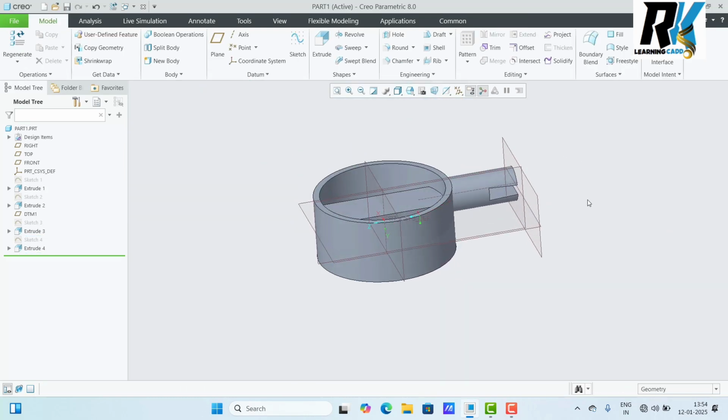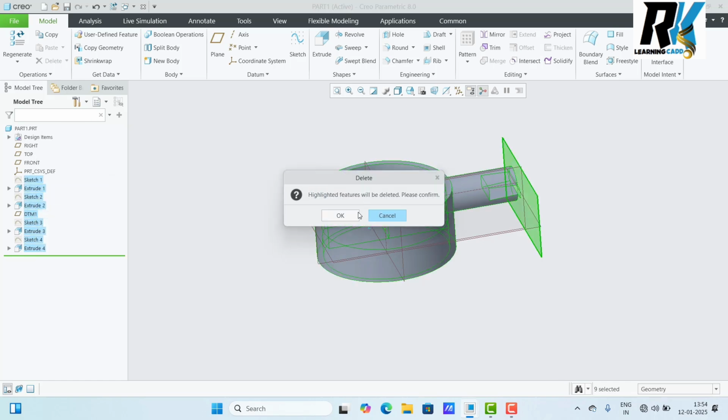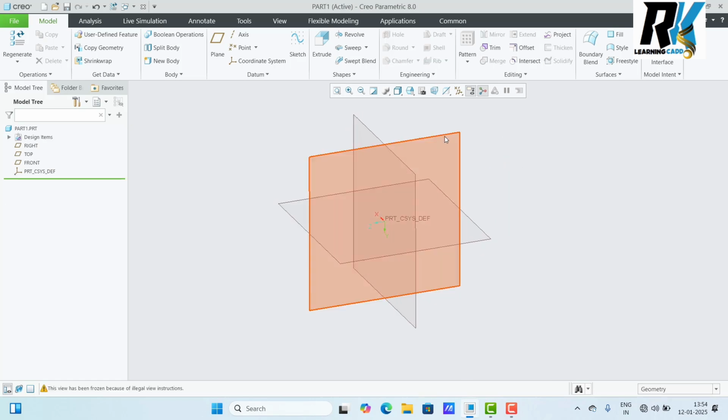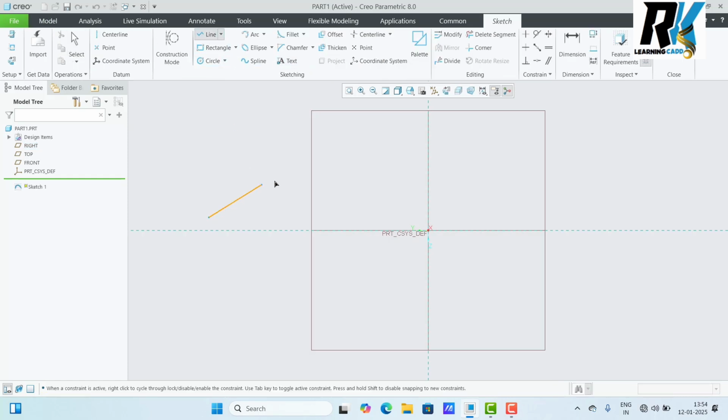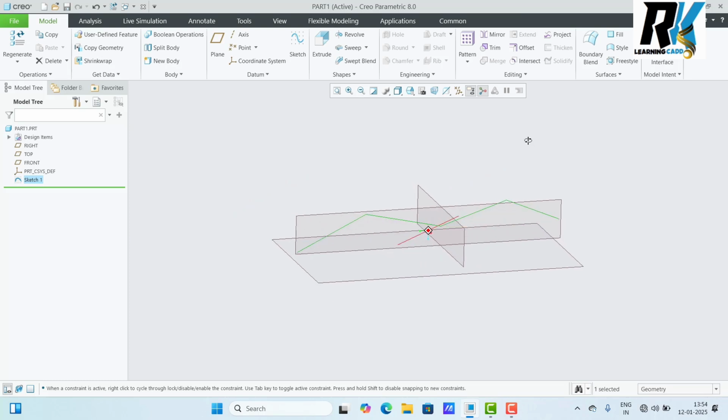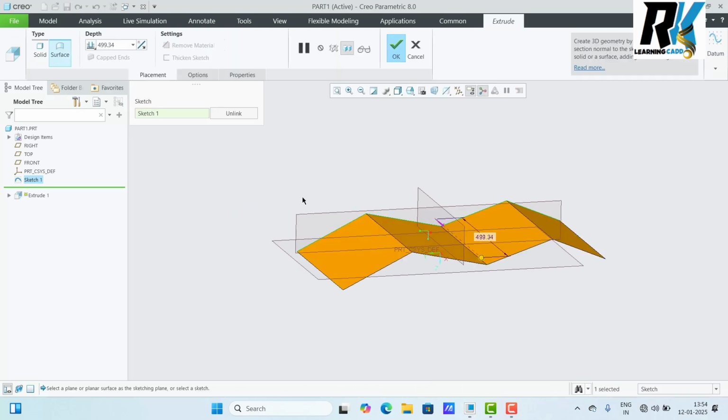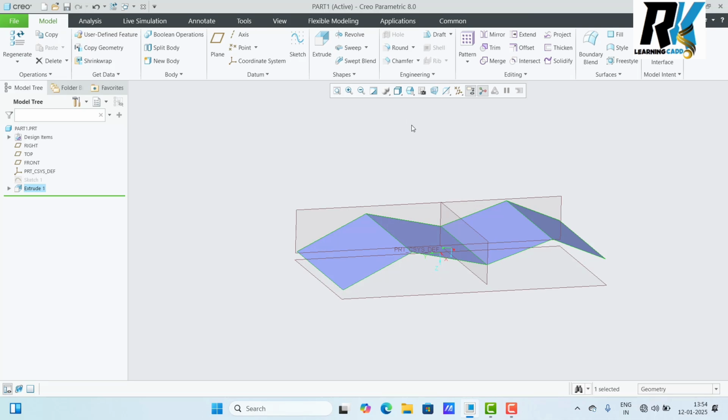Okay friends, so this is the extrude tool and I have explained all options. Now if you make an open profile, I told you that part modeling and surface modeling are included in a single tool. So if we create an open profile here, what happens? Just select the extrude command. See, it's an open profile, so the surface option is automatically activated. Now give the distance for the direction and just finish.